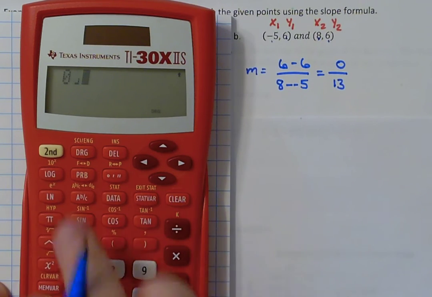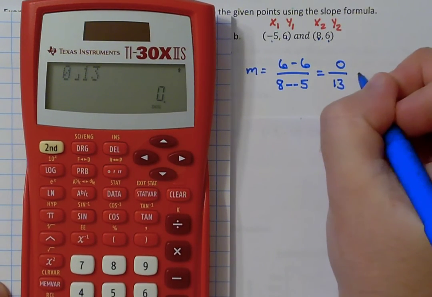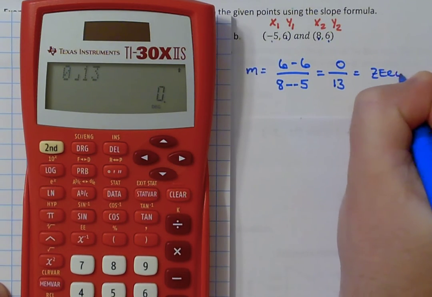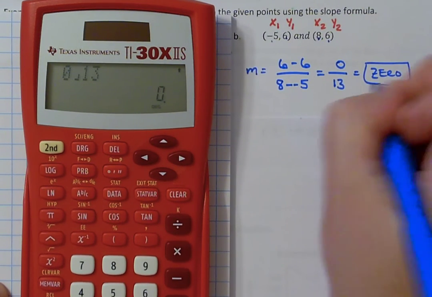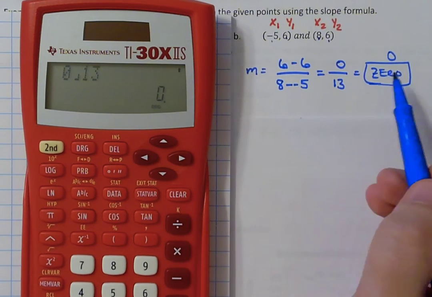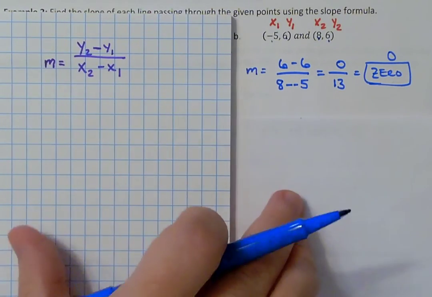If I do 0 over 13, I end up with 0. So that means 0 is my slope. So the slope between my 2 points is 0. All right, and that is how we're going to run through and do